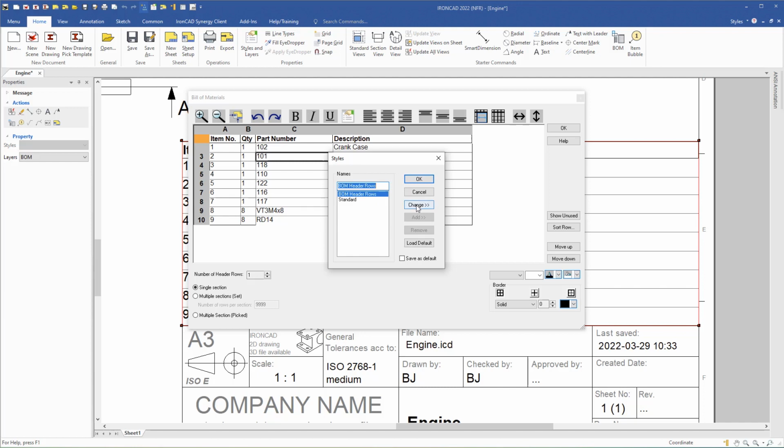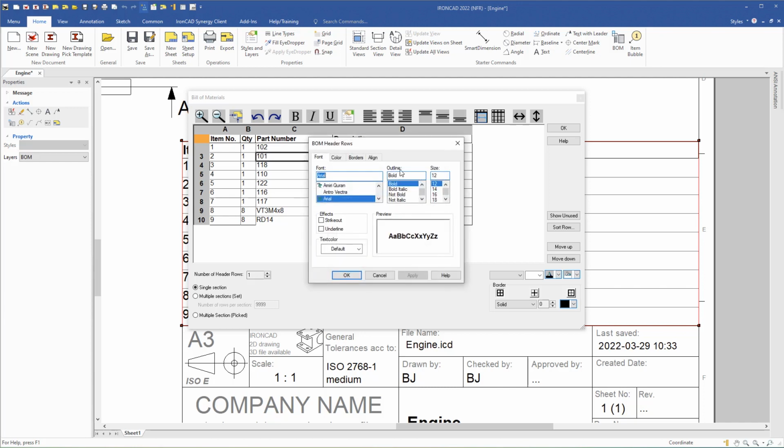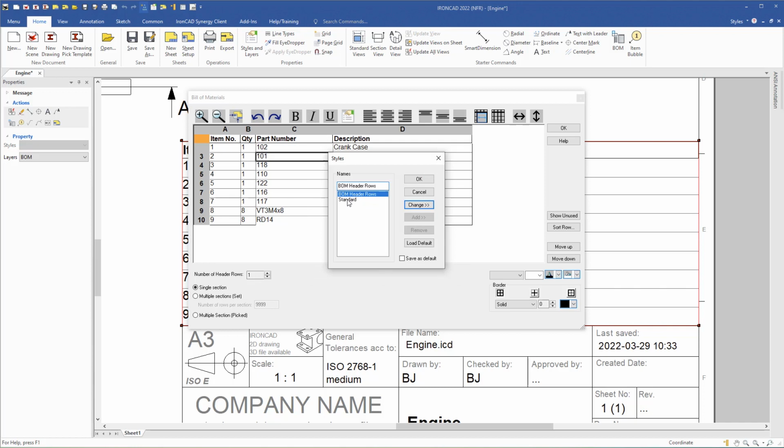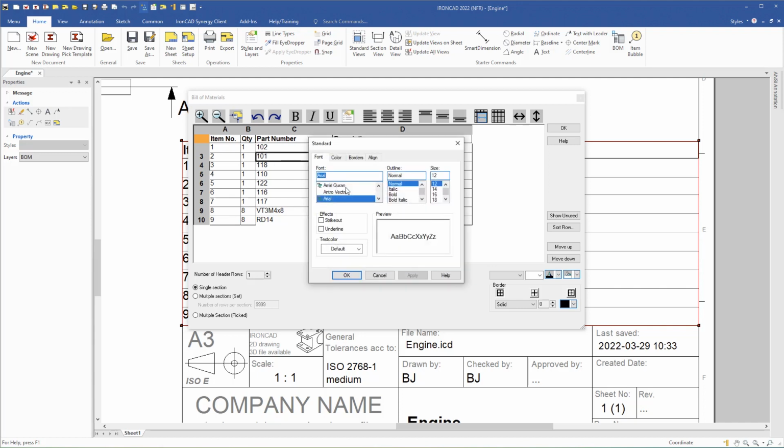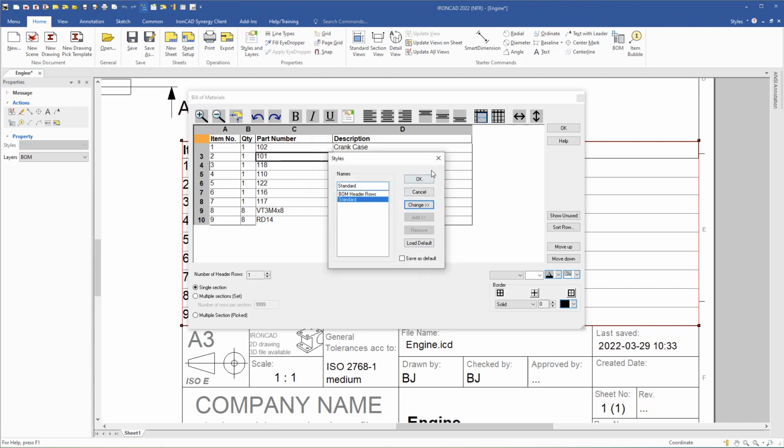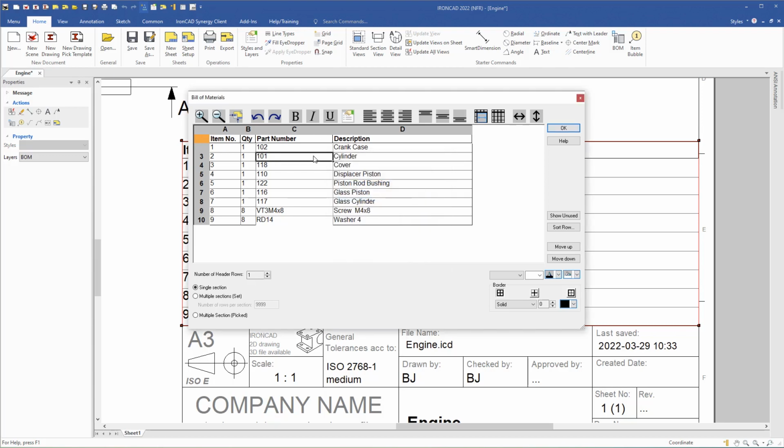Here, edit styles, you can select the header row and change the settings for this header row by selecting it here and go to change and change the settings here. And you can also change the rest of the cells by clicking standard and go to change and change the settings here. I will choose cancel here. So I will right click again,